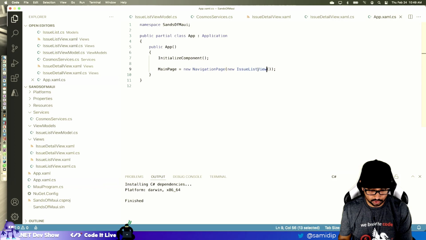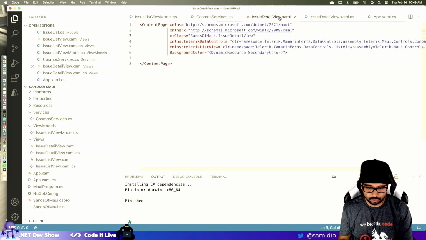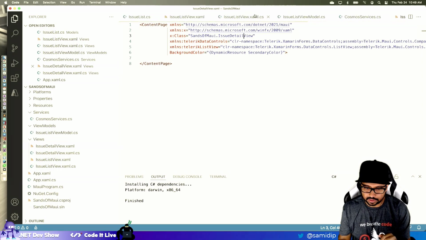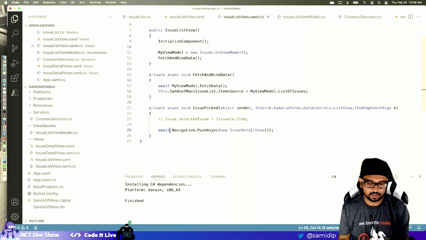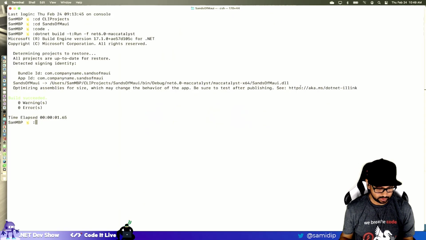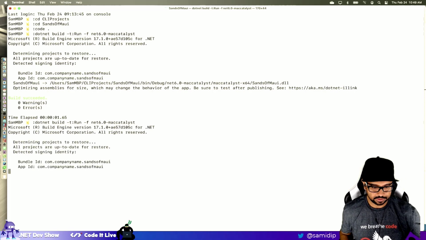So I'm coming to this issue list view, but then when you, where is my, hold on, I want to go back to the list view XAML. So I want to take you to the detail view, and eventually I want to pass along in the constructor the selected item, so that view knows exactly which one it is that I have to show. So let's see if that was working. Not sure why my notes is open here, so I quit that. Okay, Mac Catalyst, build again.